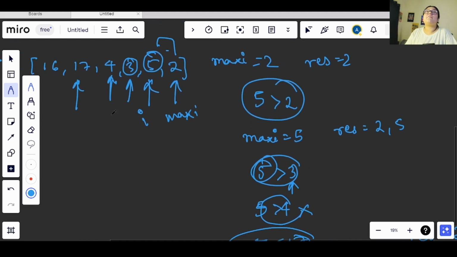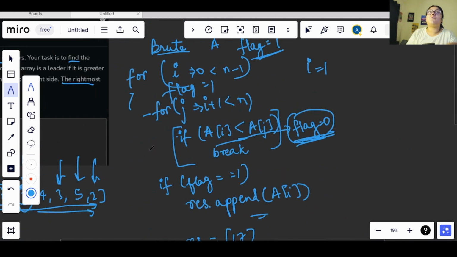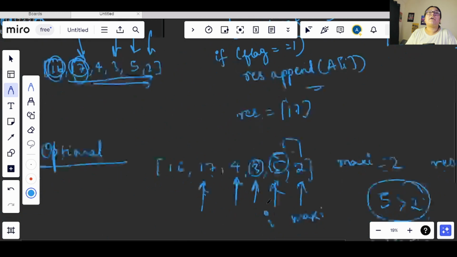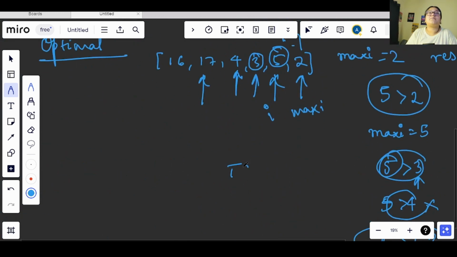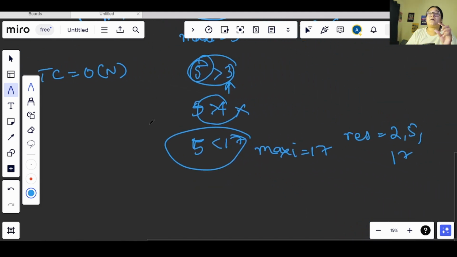So basically what we are doing here, we were iterating using time complexity of O of n square, right? So here time complexity was O of n square. Now that got reduced to O of n in this time complexity. So this will be quite an efficient approach. And now what happens? We are iterating from the back, in reverse order. So the resultant is in the reverse order, right?